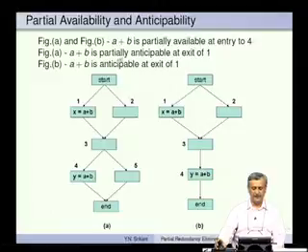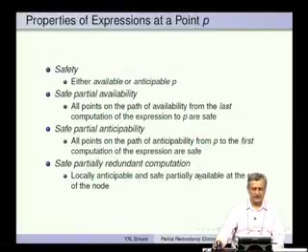In A, A plus B is partially anticipable at exit of 1. So, exit of 1 is here. So, if we take this path it is computed, and if we take this path it is not computed. So, that is why it is partially anticipable. And in figure B, A plus B is anticipable at exit of 1 again. So, it is fully anticipable because from here it does not matter, there is only one path to take, and on that path A plus B is computed. There are more